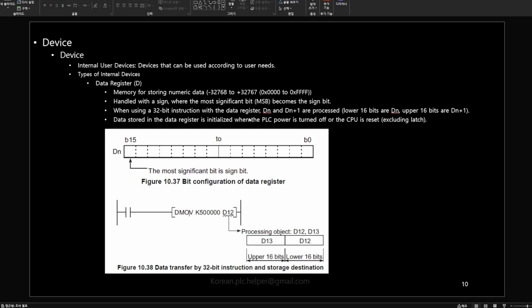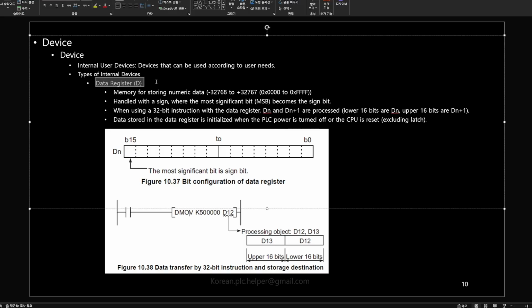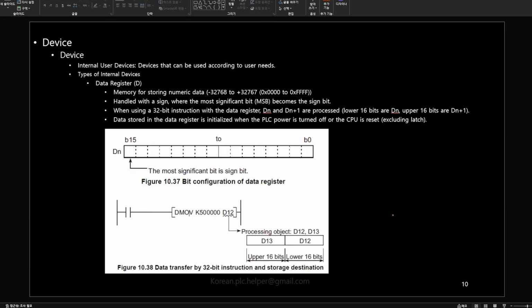Next, we will discuss the data register D. The data register D device is a register used to store numerical data. It handles data with a sign bit, with the most significant bit acting as the sign bit. Depending on the command, it can be either 16-bit or 32-bit. When using 32-bit commands,